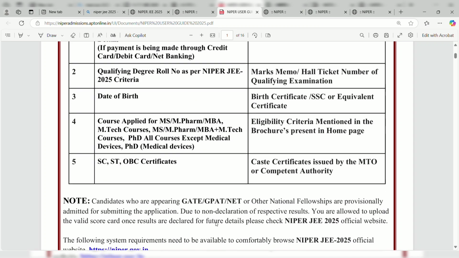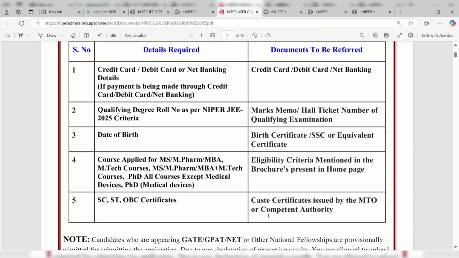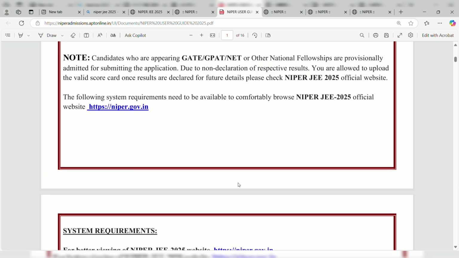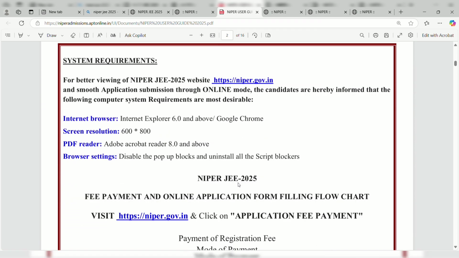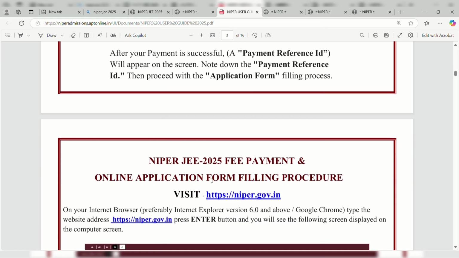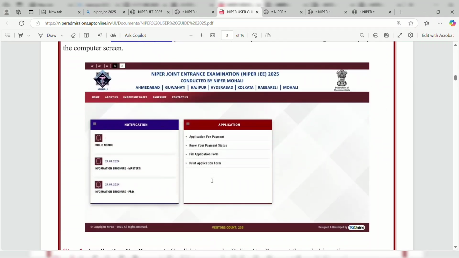Next, details required: your category, caste certificate issued by the MTO or competent authority. Those who are appearing for the GATE or GPAT exam can directly apply, and once GPAT results are declared, you need to upload your scorecard before proceeding for admissions. These are some system requirements: internet browser, Internet Explorer 6.1 or above or Google Chrome, and PDF reader, Acrobat, browser settings. As I already mentioned how to pay the fee,